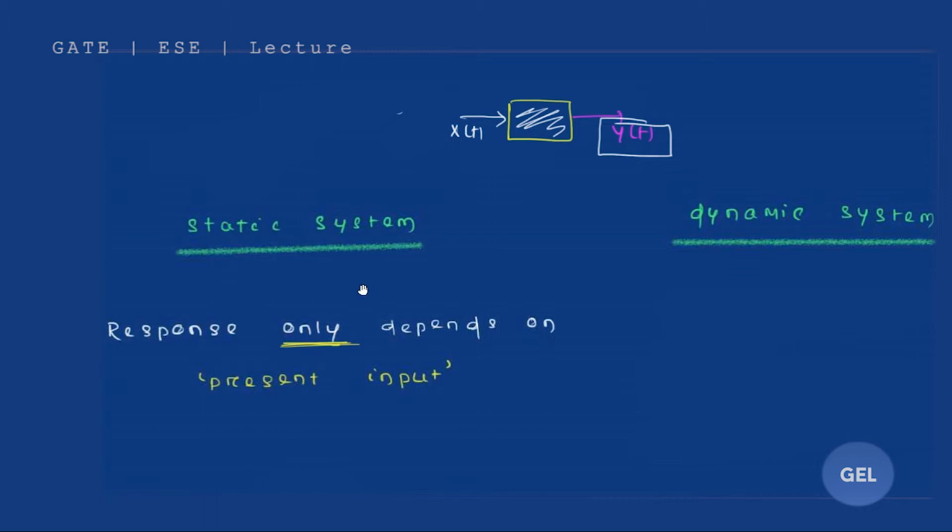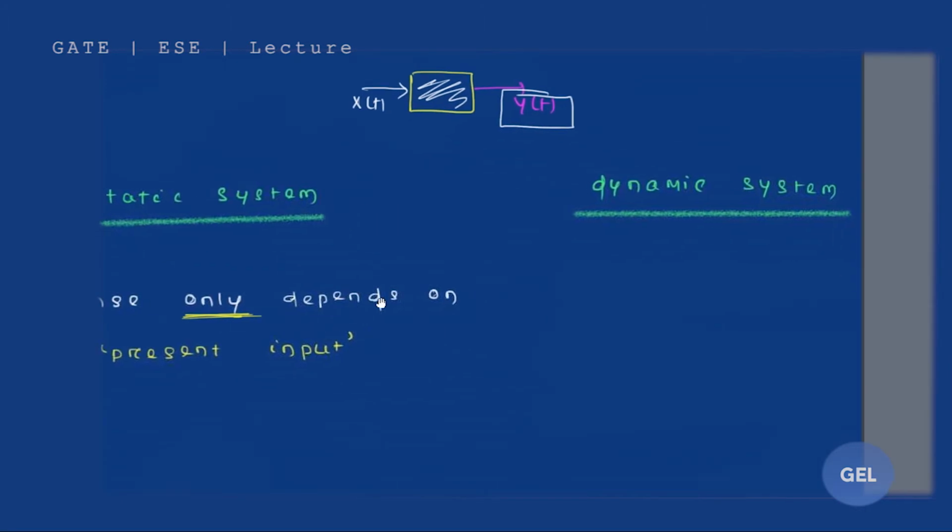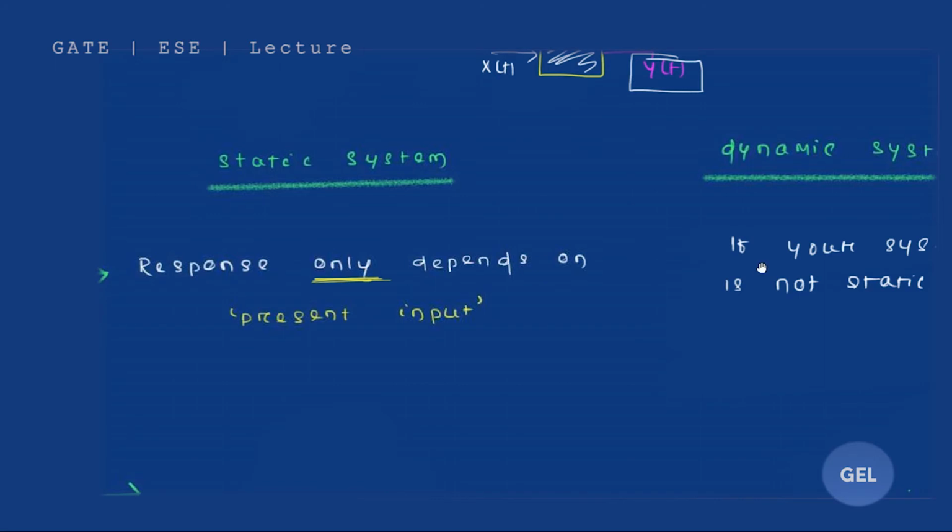मैं अभी हूँ. So that's the property of a sannyas. That's the property of a person with a static mentality. So having a static mind is a very good thing. Okay, always remember: static means one who always depends on the present input. Now what is the definition of a dynamic system? It's a very simple definition: if your system is not static, that's it. Please remember this much only. If your system is not static, then the system is dynamic.